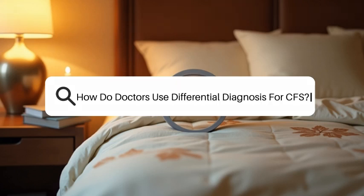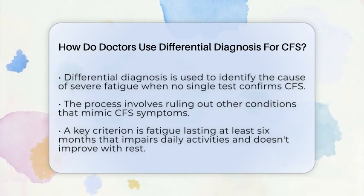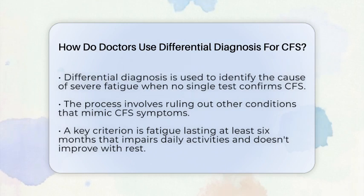How do doctors use differential diagnosis for CFS? Imagine trying to find out what's making someone feel extremely tired and unwell. Doctors do this through a process called differential diagnosis. When it comes to chronic fatigue syndrome, also known as myalgic encephalomyelitis, this process is especially important because there is